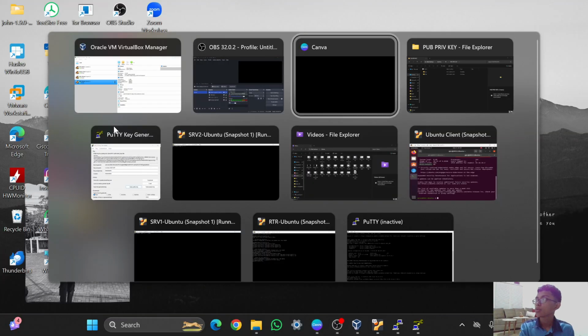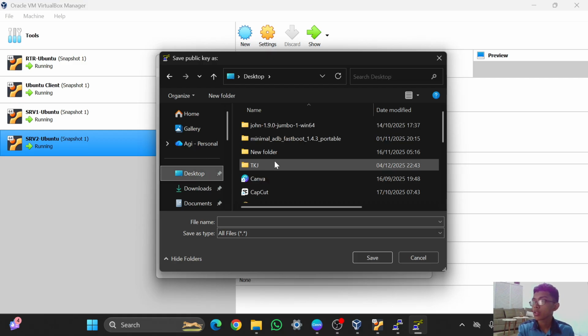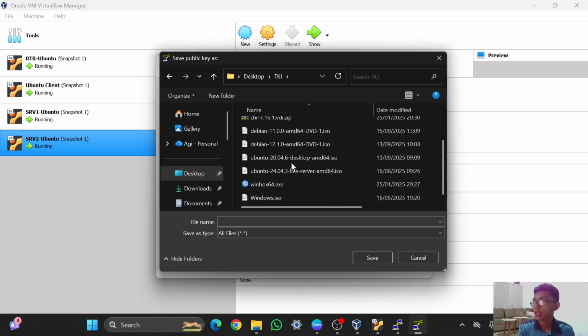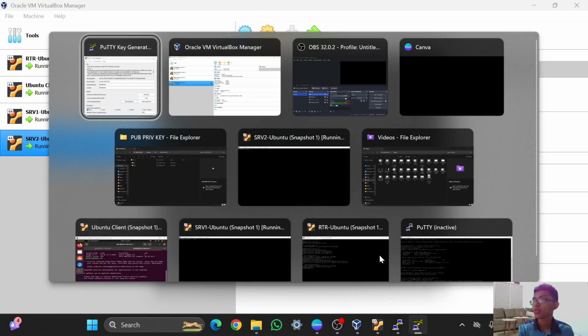I will open PuTTYgen again. PuTTYgen, where is it? In here I will save it into TKJ, and then this one is private key, and then save. Oh yeah, I forgot to fill the name.